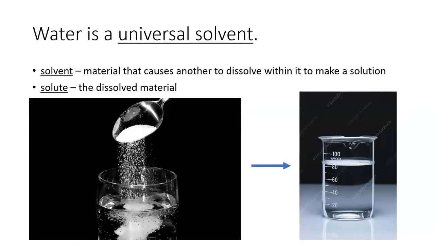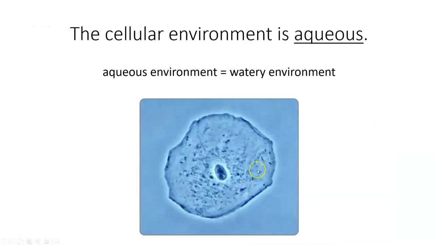And that goes back to this picture here. All of the chemicals that are in our body that are able to react with each other, to do all the chemical reactions that are happening all the time to keep us alive, are most of them, I shouldn't say all, most of them are salts. And when these salts dissolve, if you separate those ions like table salt, sodium and chloride, and now they're all floating around in an aqueous environment, that gives them the ability to mix together, to react, to do those chemical reactions that keep us alive. But again, the cellular environment is aqueous, which means it's a watery environment, and this is where all of the chemical reactions happen that support life.